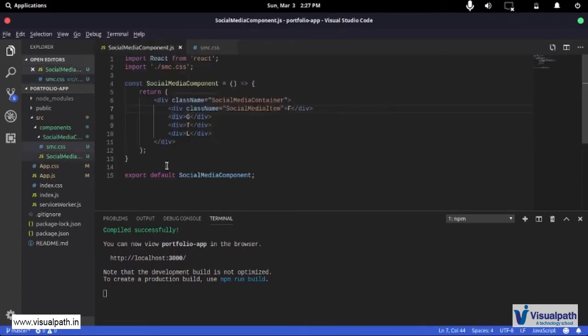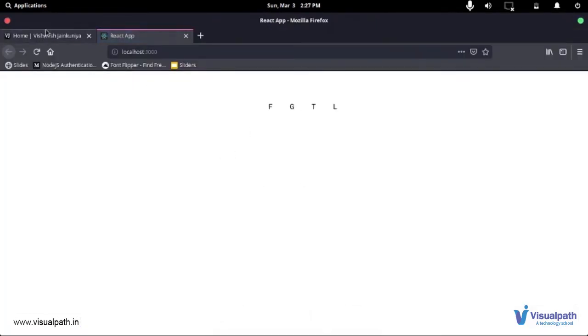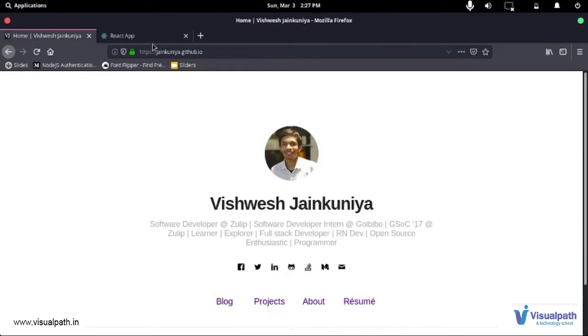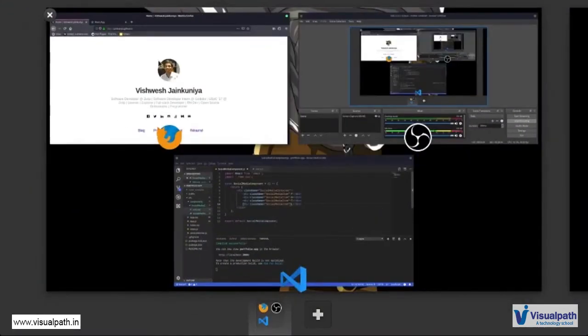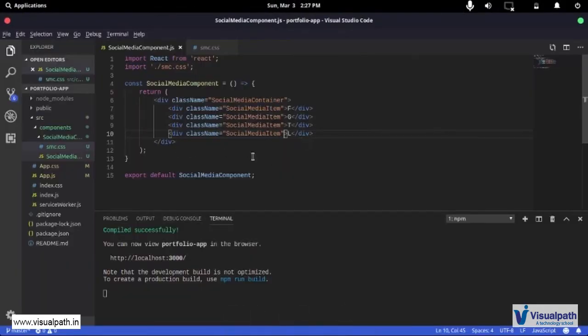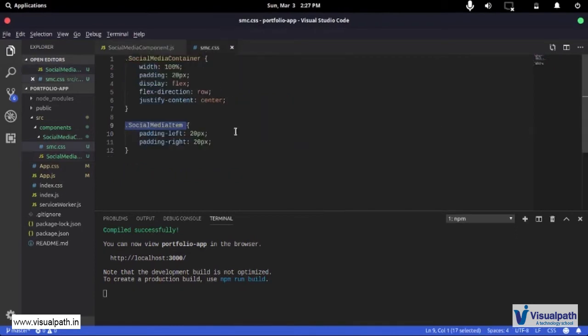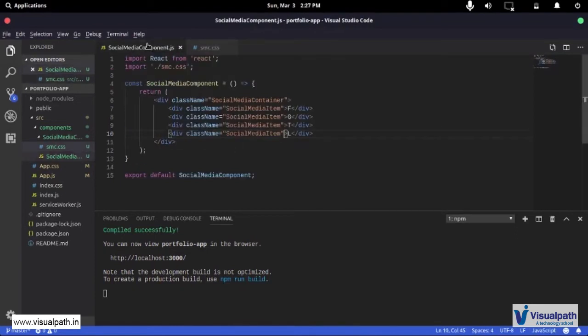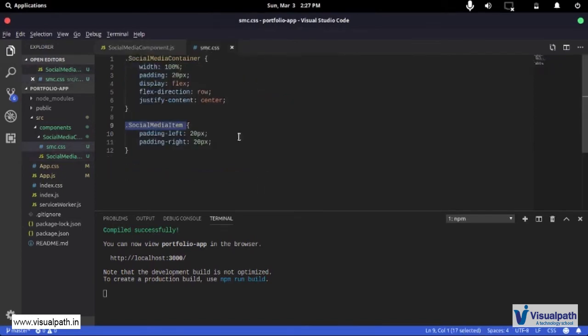So what I can do is I can copy this code from here, copy, and then I'm going to just do this for all these, and now we have a layout that is kind of similar to Vishwas's. The only difference is that he's using icons, and for ours we are using letters, just single letters. These can be later replaced with icons or images or whatever you want it to be. Now we are getting where we want to be.